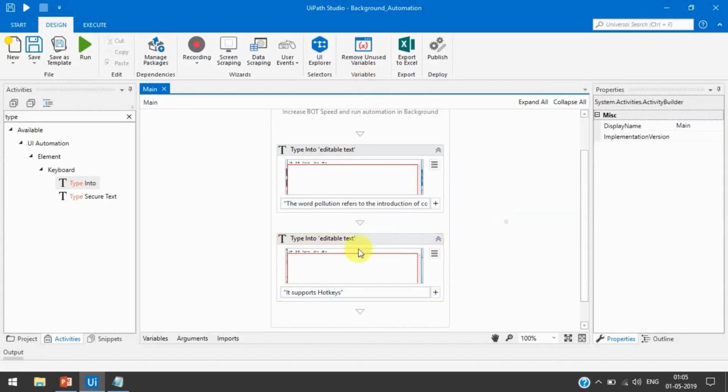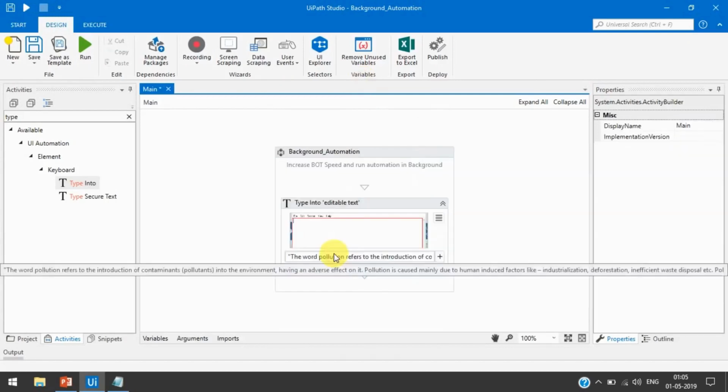So now let's see the speed here. Let's compare the speed of the default or similar type click method and the send window message, because sometimes if you are working in a project and every time it is taking too much time to complete that automation, because we are using the default method.